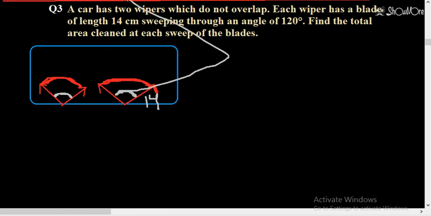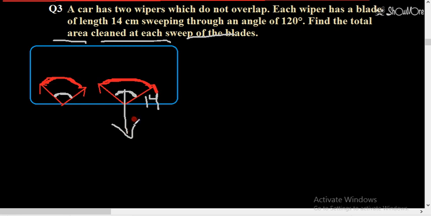So what we will do here, we have to find the area cleaned by each swipe. Find the total area cleaned in each swipe of the blade. So we will find the area of this sector. This area is equal to